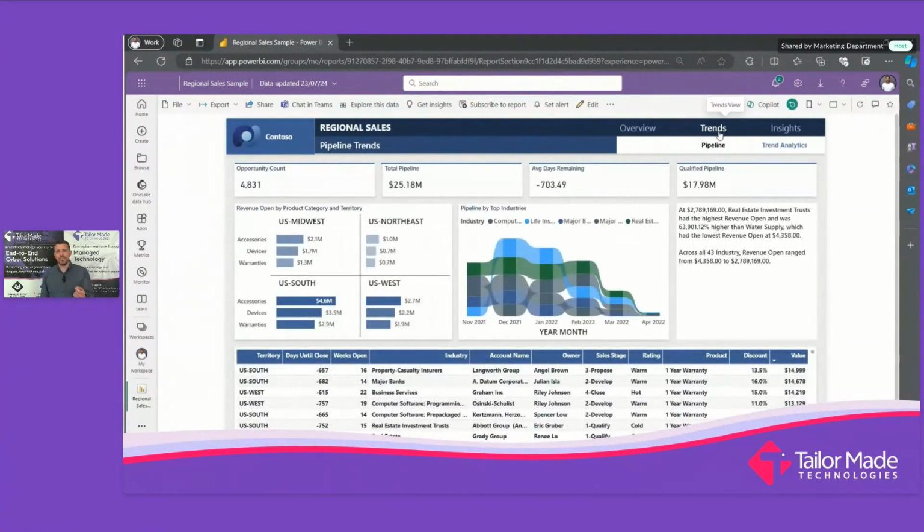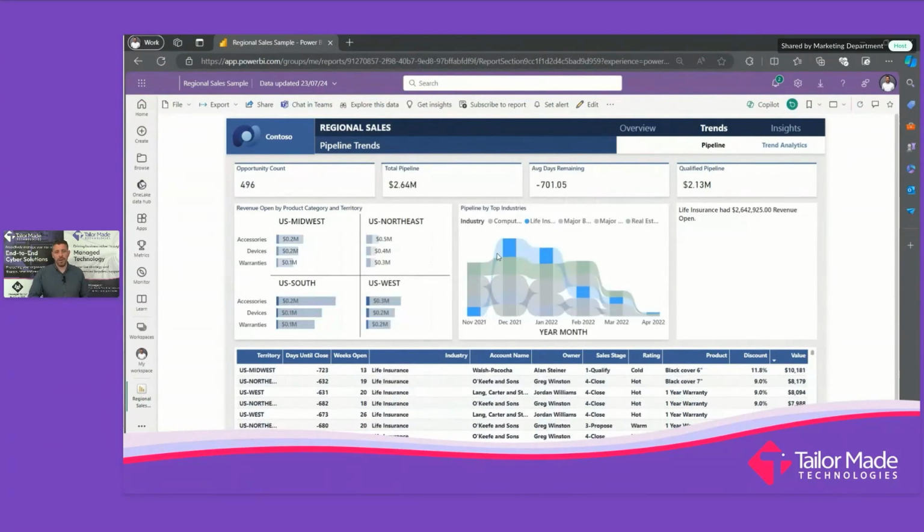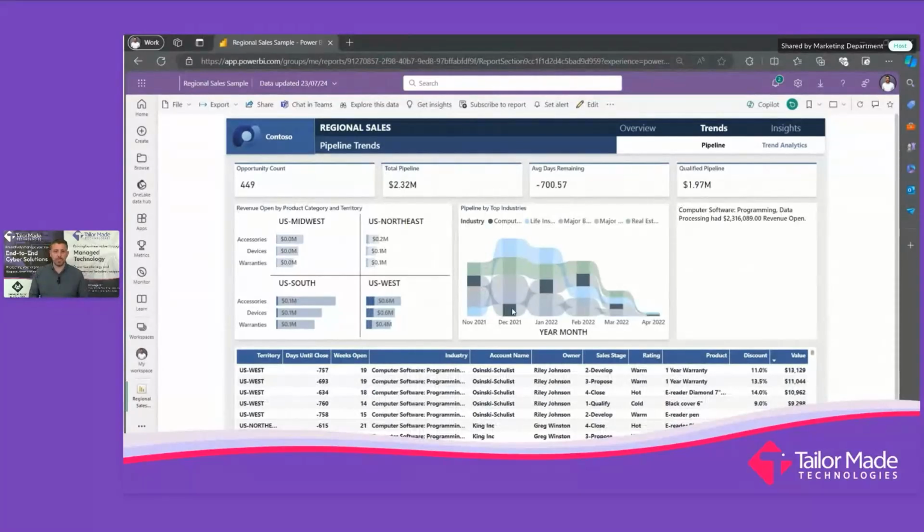So let's look at some trends then. Maybe it is that time of the year thing. You can see here that I've got a widget showing when we make our sales. In the life insurance sector, we've got lots of sales happening in December and January, and then it's sort of petering off for the rest of the year. Okay, no problem at all. But what about the computer software side of it? Well, that's an absolute reversal almost, isn't it? We've got almost no sales at Christmas time, and then it peaks up again early in the year and dies off again.